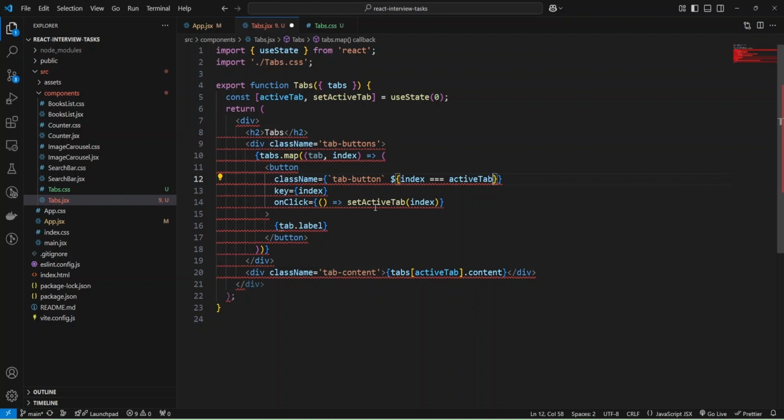Then I'm going to provide active class. Let me change here. Okay. And I'll use condition, and if index equals to active tab, then I'll provide active class, and if not, then I'll provide empty value.